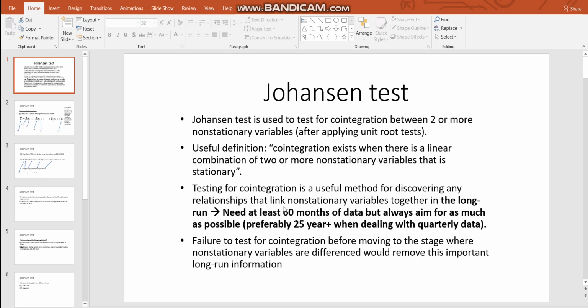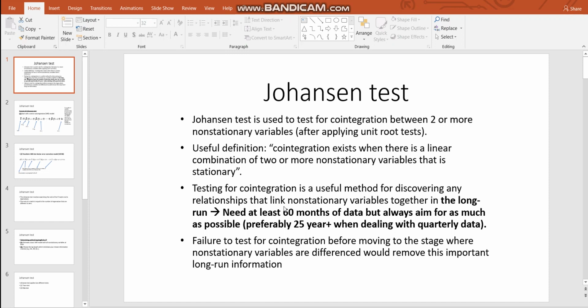In this particular video we're going to be covering the Johansen cointegration test and how to conduct it using Eviews. Before I actually start showing you how to conduct the test on Eviews, I want to spend at least 5 or 6 minutes just introducing you to the concept of cointegration. I also want to spend a bit of time just making sure that you have, at the very least, a brief